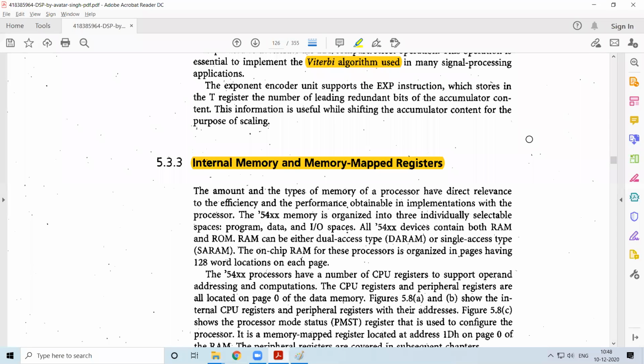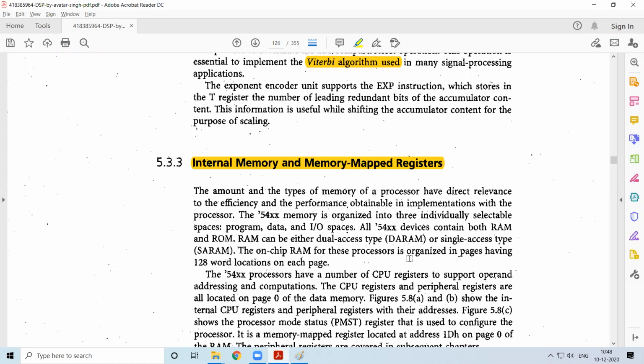With IO mapped memory, it is treated as a separate memory itself, and you'll be using some special instructions for storing and accessing the data over there. You'll be using the ports also to access that information. So these are just a few things to name. In memory, again, you have on chip and off chip, and in that you have RAM and ROM. Apart from that, you can have dual access and single access RAMs.